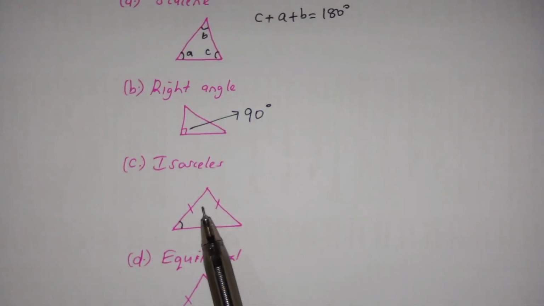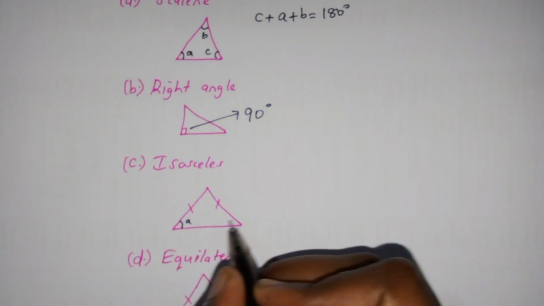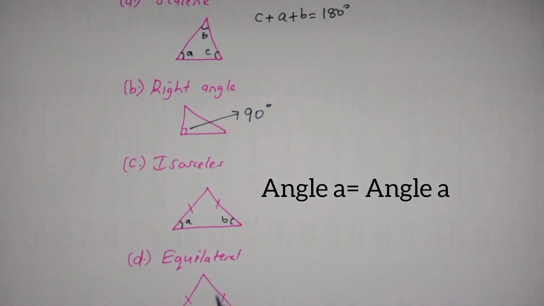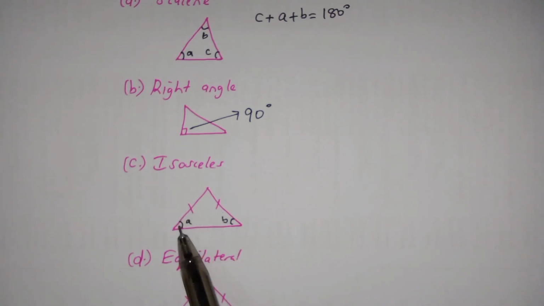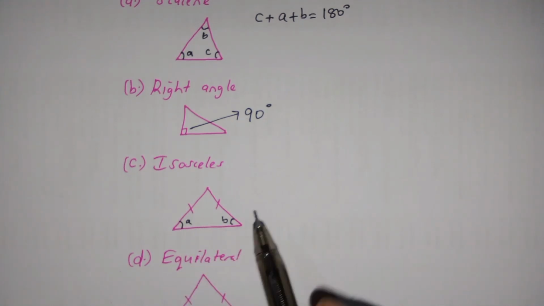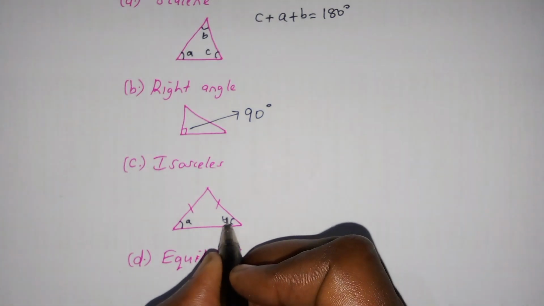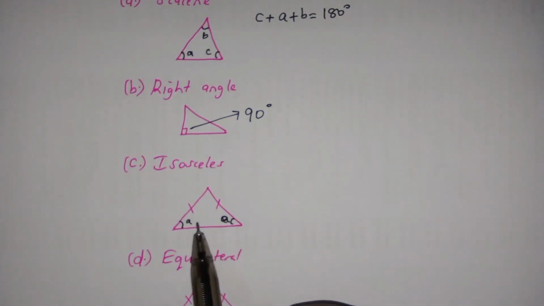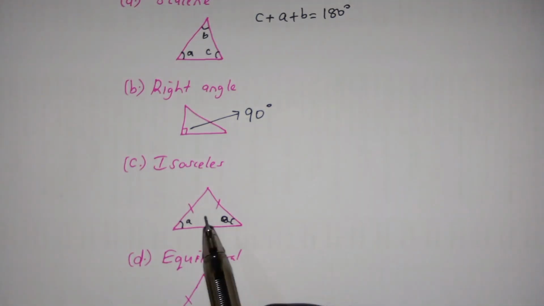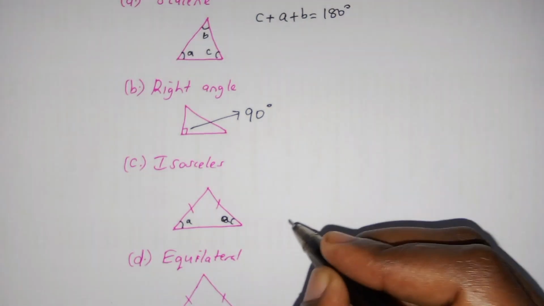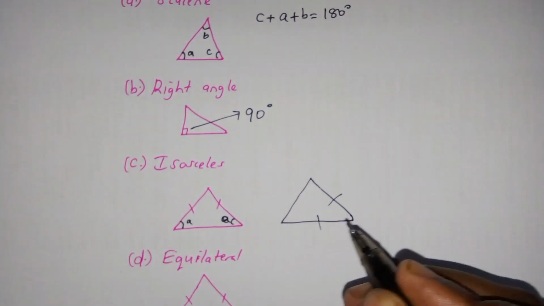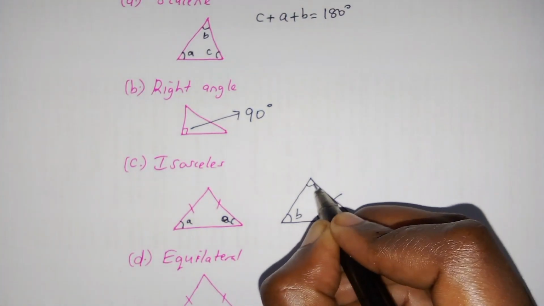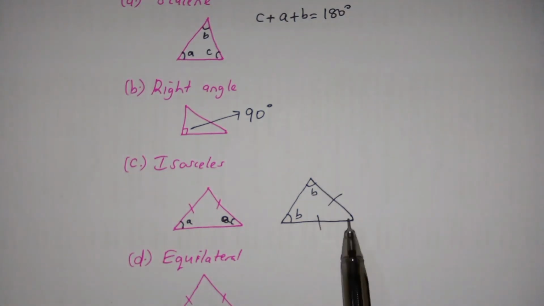Then we have the isosceles triangle, whereby this angle here is the same as B. So it's denoted by these two lines. So these two angles down here are equal. Sorry, my bad. This one would also be A. So if this is A, this also will be A. And let me draw another, different isosceles triangle. So if this is B, this would be B, because these two lines are equal, therefore these two angles are